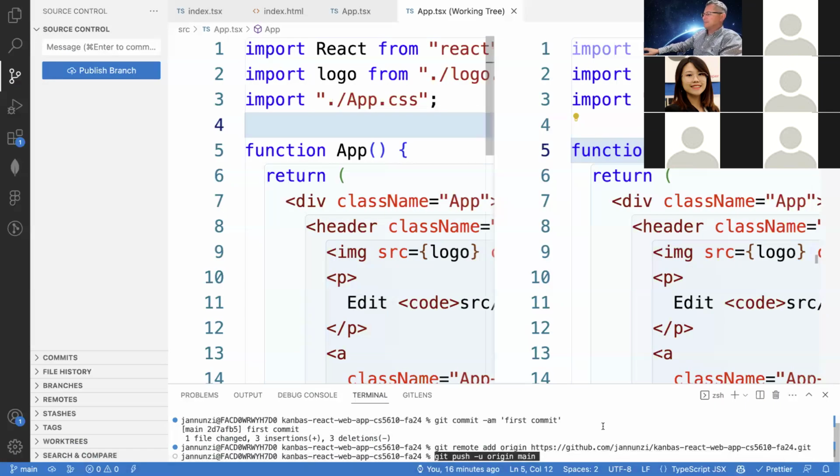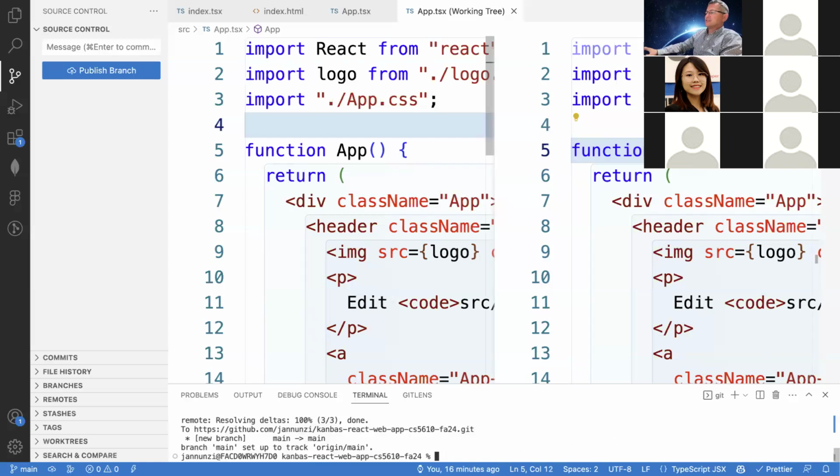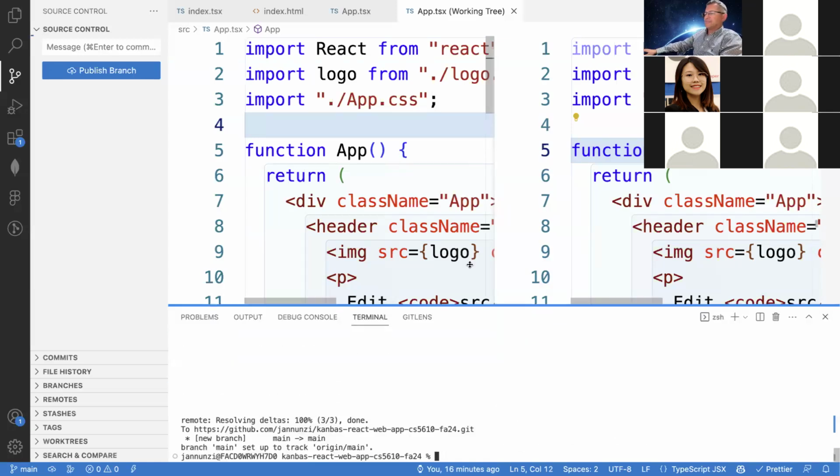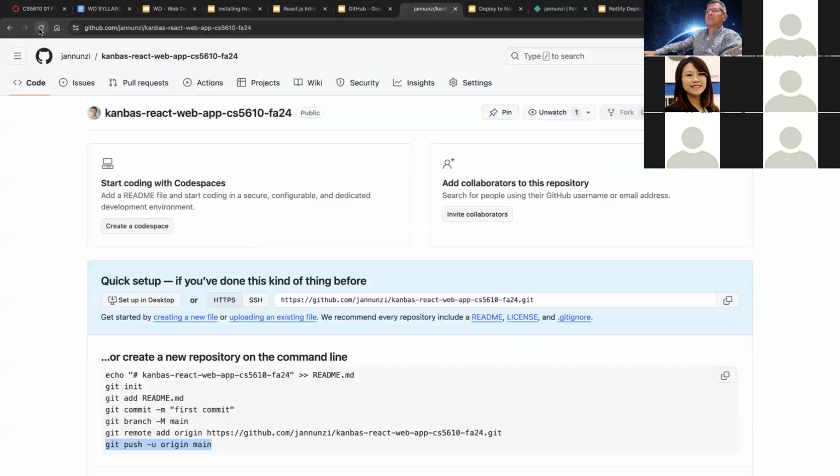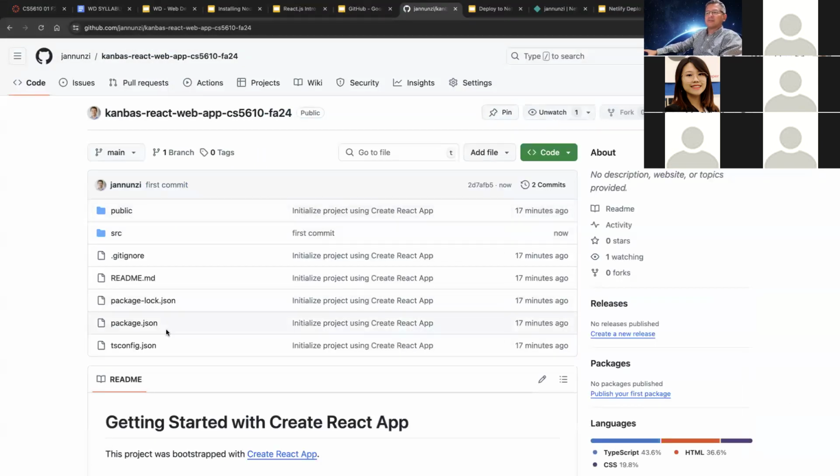Push, enter. So that's going to push our source code in our main branch. And here, if we refresh, we're going to be able to see our content. There it is. So this is all our content that we've generated so far, except notice that you don't have